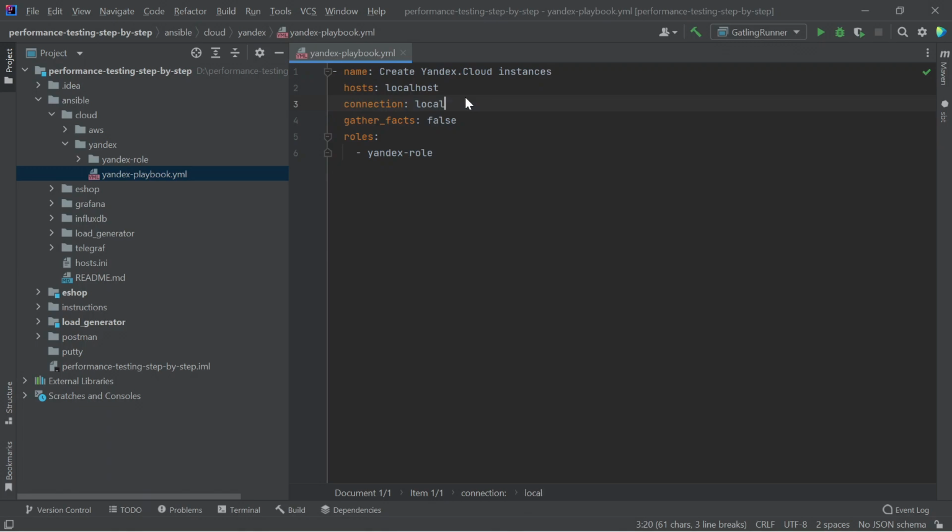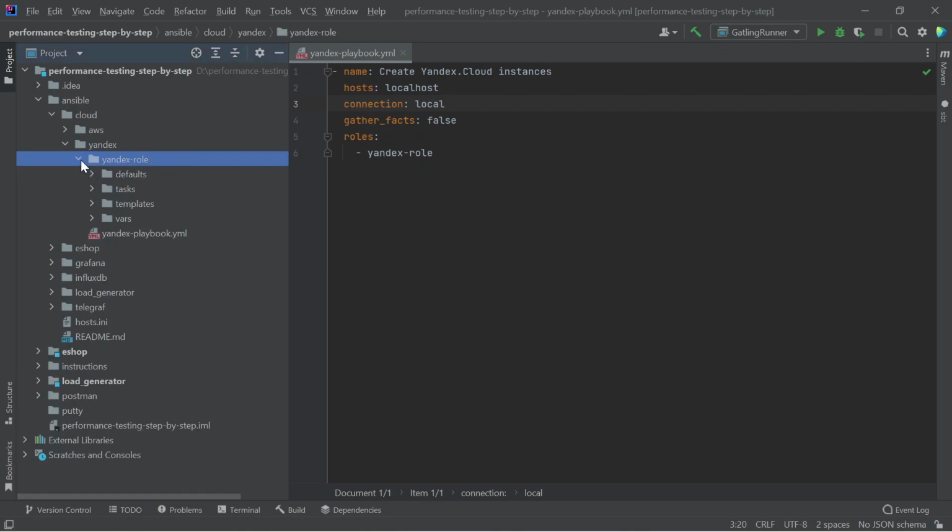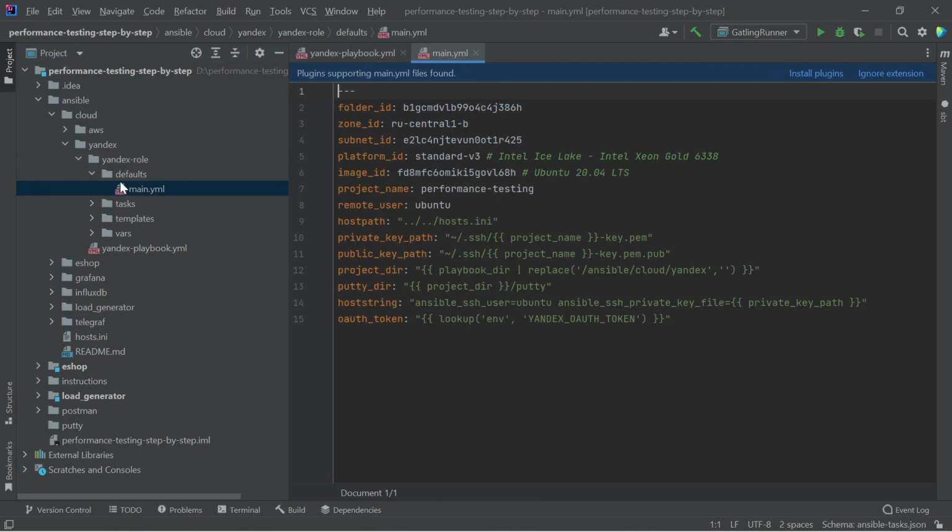In the connection, we specify the machine on which the actions need to be performed, and in the roles we specify these actions. So we call the Yandex role, and this role consists of various directories. The first one contains default variables. By their name you can easily guess what they mean.